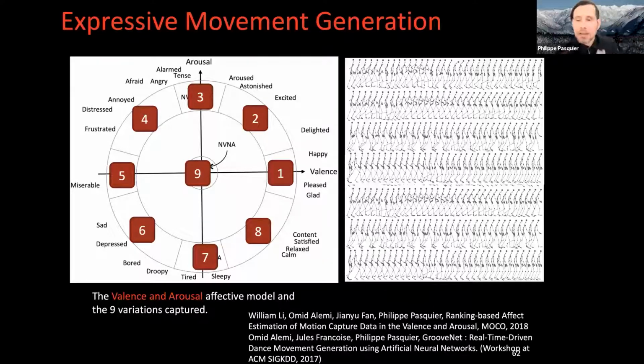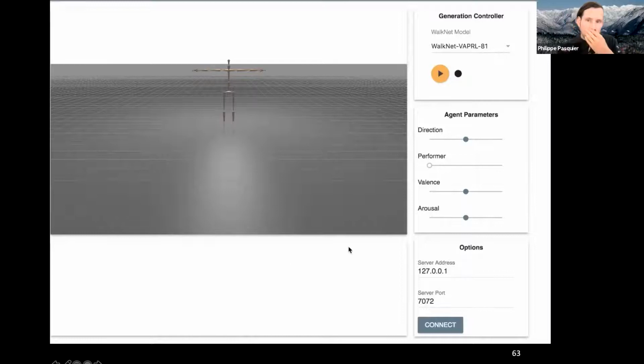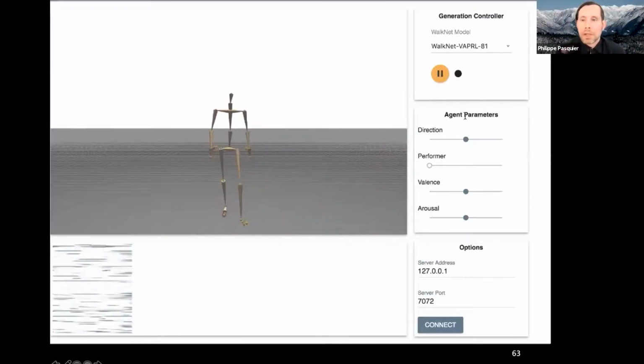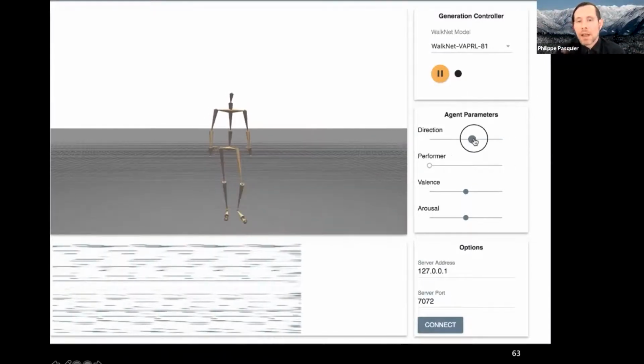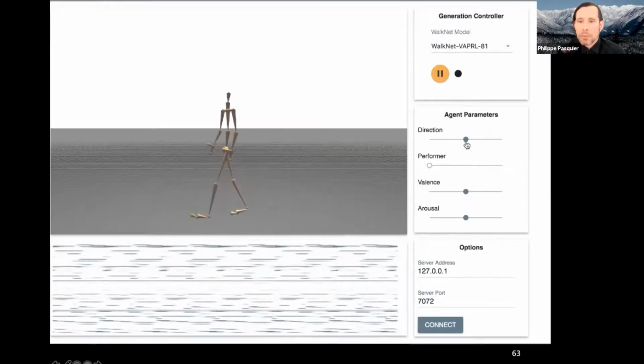It turns out people can, and the inter-rater agreement is fairly high. Therefore, we can train a machine to recognize emotion based on your skeleton's movement. And we can ask that machine to then generate movement based on what it's been learning. What's interesting is it's online, it's controllable in real time, like a movement controller would be in a video